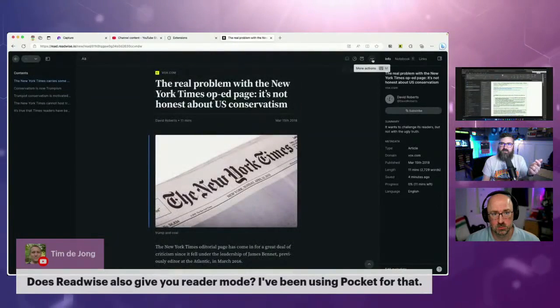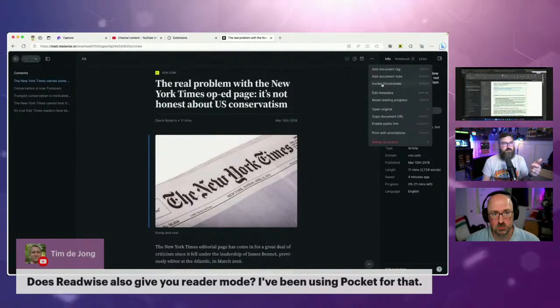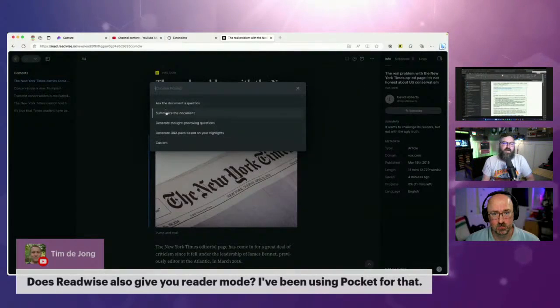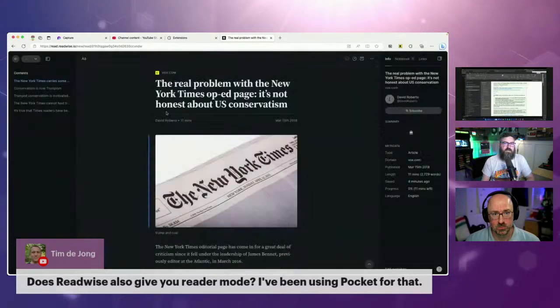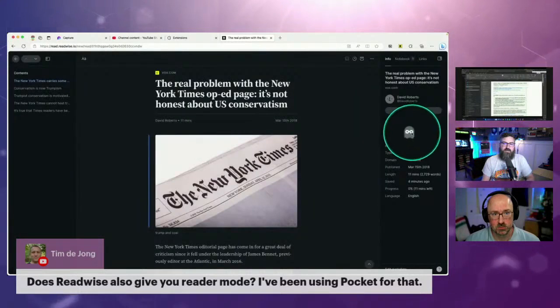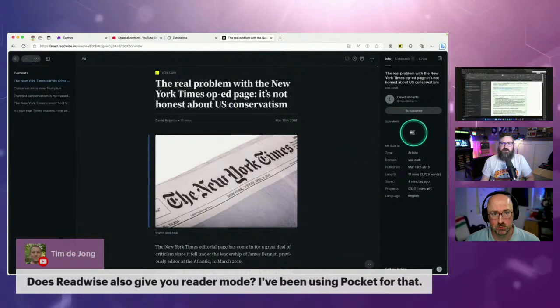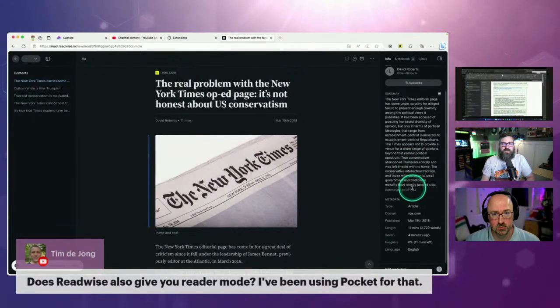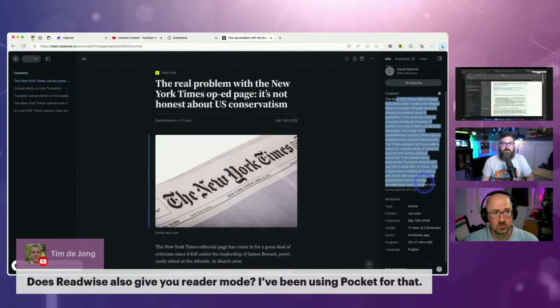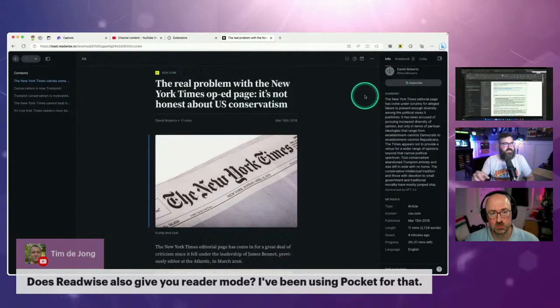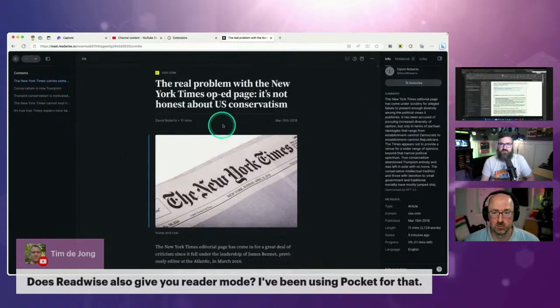The other thing is something you can do called invoke the Ghost Reader. And this is getting into AI. So I can say, I don't want to read this article, go ahead and summarize it for me. And what it's doing on the side is running a generative AI prompt to give me a one-paragraph summary, so that instead of 11 minutes, I can read this with GPT and have a summary. Or I can invoke Ghost Reader and ask it a question or give me some flashcards, stuff like that. So that's what I use Reader for.